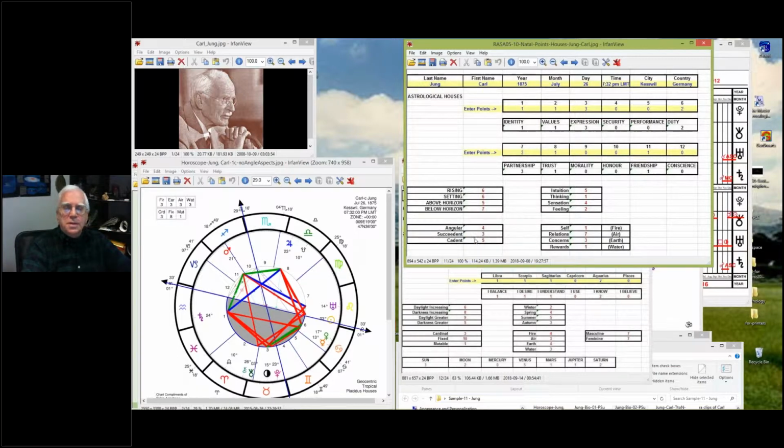So with the angular, succeeding, cadent, when you saw that in the signs, there was 10 fixed, only 1 mutable. In the houses, when it comes to circumstances, he had 4 points angular to make things happen, to being something, 3 points succeedent, and 5 points cadent. So being 3 points having, and 5 points on understanding or learning and adapting. So the ability to study and learn and see things differently, that was strongly there. To look at things from different perspectives, that was there.